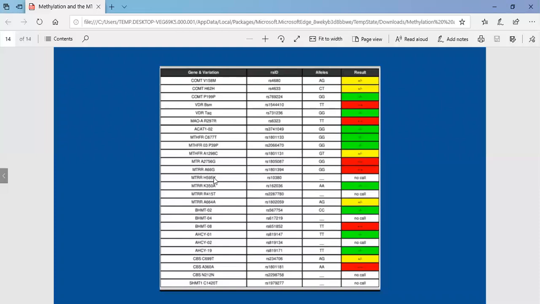Like in this other situation, this patient has no MTHFR mutation. You see the 677 here is green, no MTHFR, and the 1298 is yellow. So they are heterozygous for 1298. Of course, there are other mutations, as you can see here, and each one of them will apply to different situations depending on what kind of patient we're talking to, and how that relates to every patient.